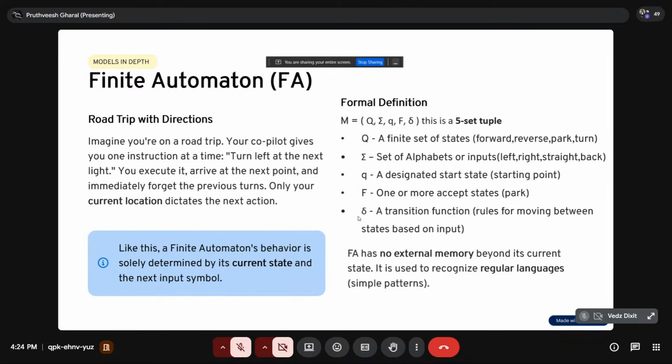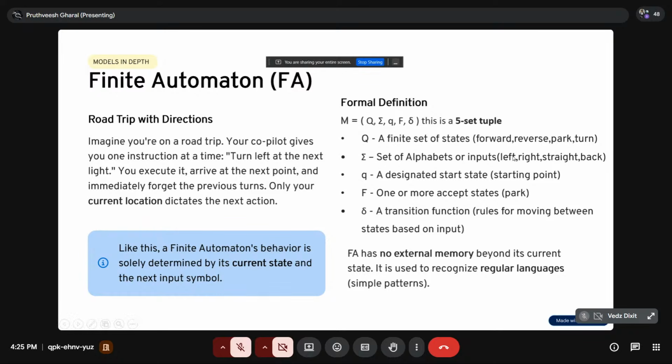Next is delta, or a transition function. Rules for moving between states based on input. So we saw the four states we have: forward, reverse, park, turn. And we saw how we process that input. But for that to happen, we have to use logic, and we have a brain. But a finite automaton does not have that brain, right? We have to give it that logic